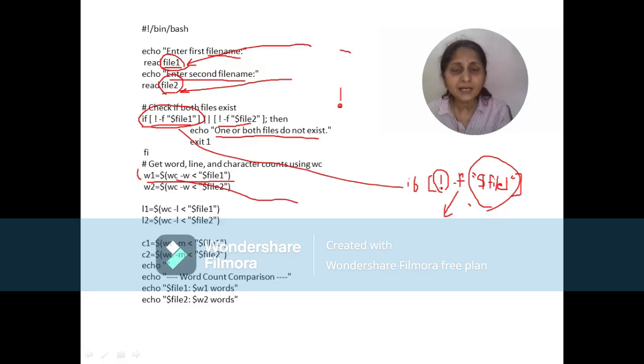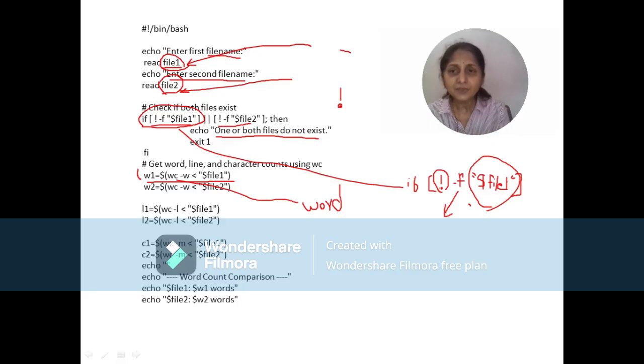What does wc stand for? This wc stands for word count, which means we are going to calculate the number of words in our file. This is a shell command.